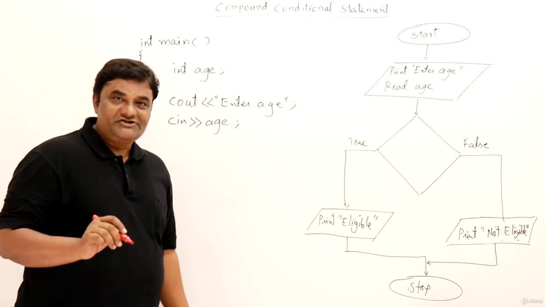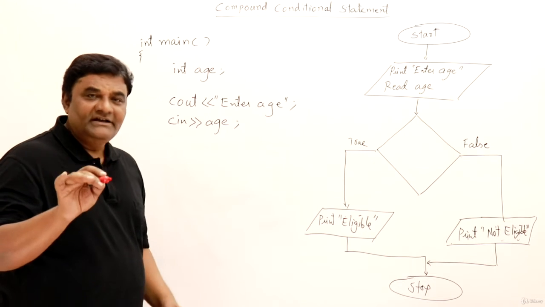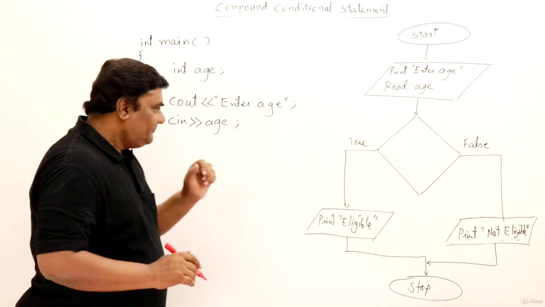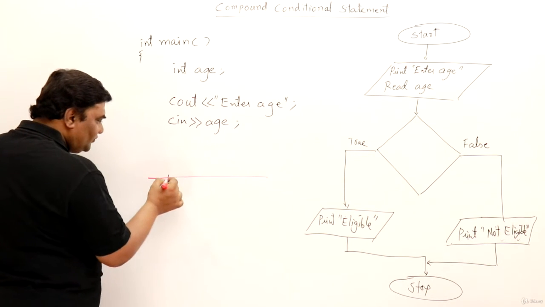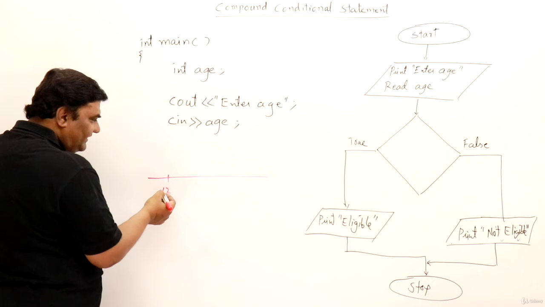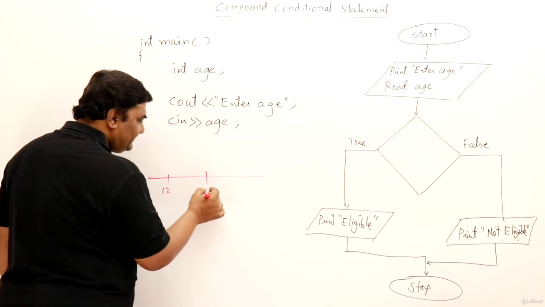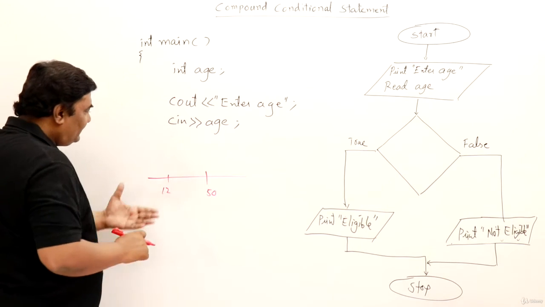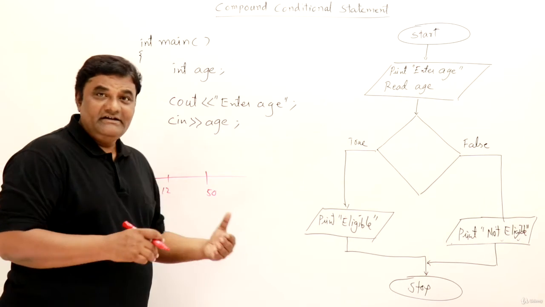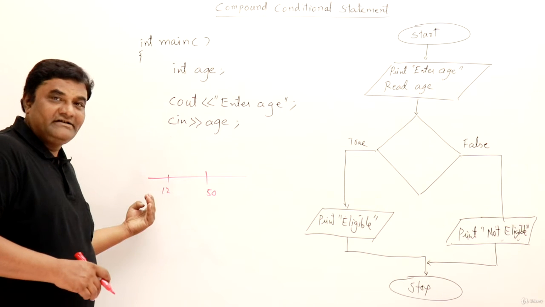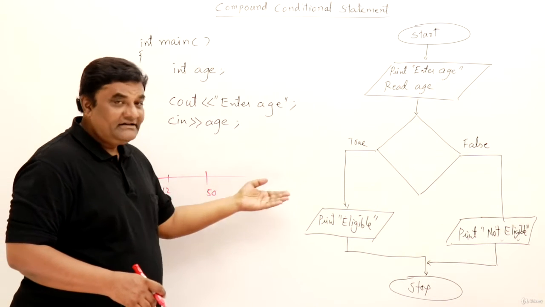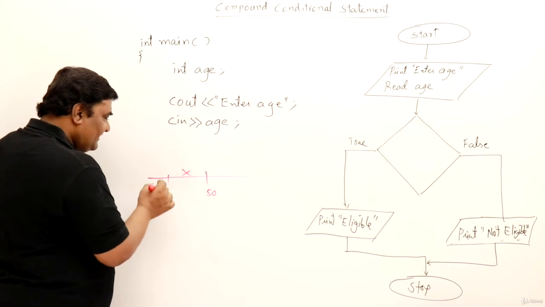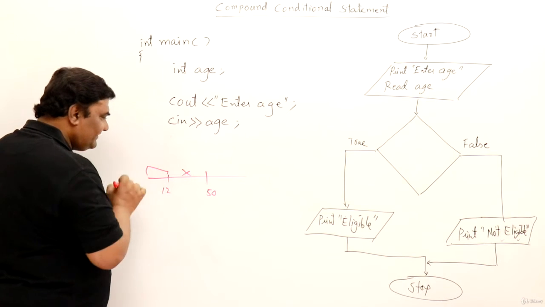So let us frame a condition here. To be eligible for an offer, he should be a child or an old person, but not young. So we have taken this: up to 12 years it is a child, right? From 12 to 50 it is young, and beyond this it's old age, right? Now we have to see that the age should fall on this side to be a child or on that side to be an old person. For these people the offer is not there. So we have to check that the age is on this side.